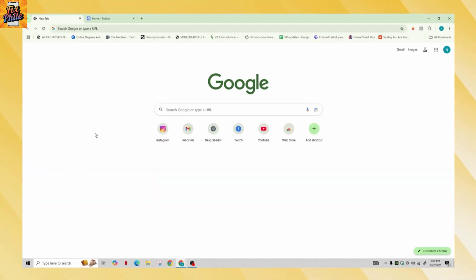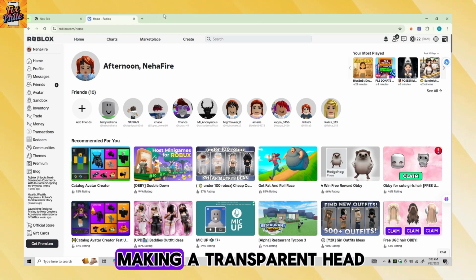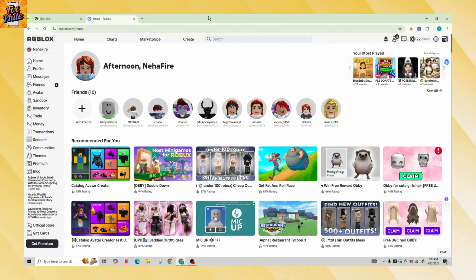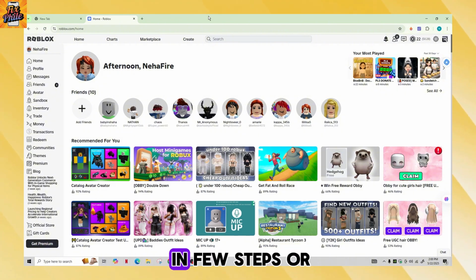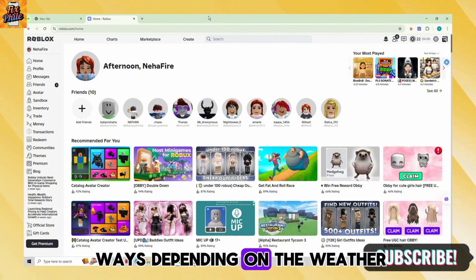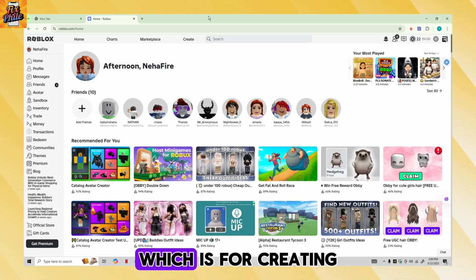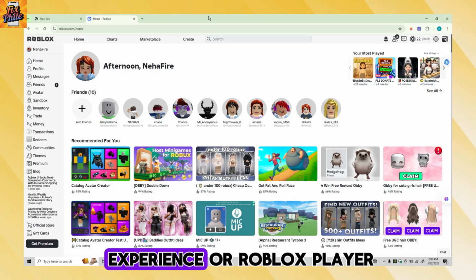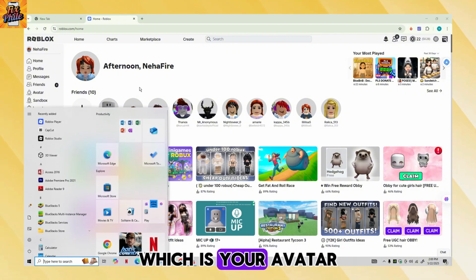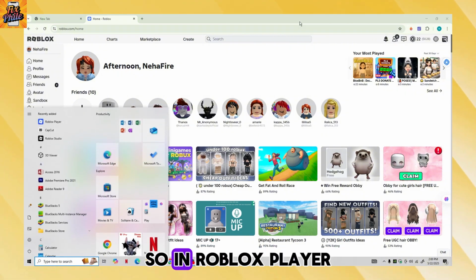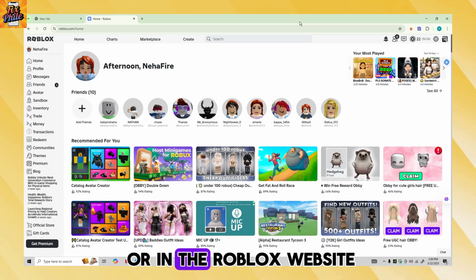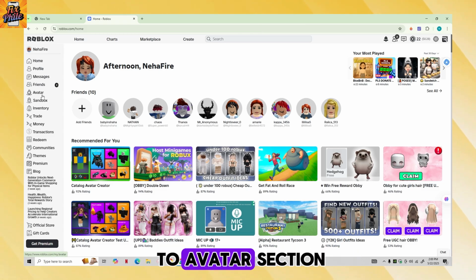So today in this video tutorial, we'll be discussing making a transparent head in Roblox. In order to do that, you can do it in a few steps or ways depending on whether you're using Roblox Studio, which is for creating a game or avatar experience, or Roblox Player, which is your avatar for public games. So in Roblox Player, or on the Roblox website, you need to go to the Avatar section, which is